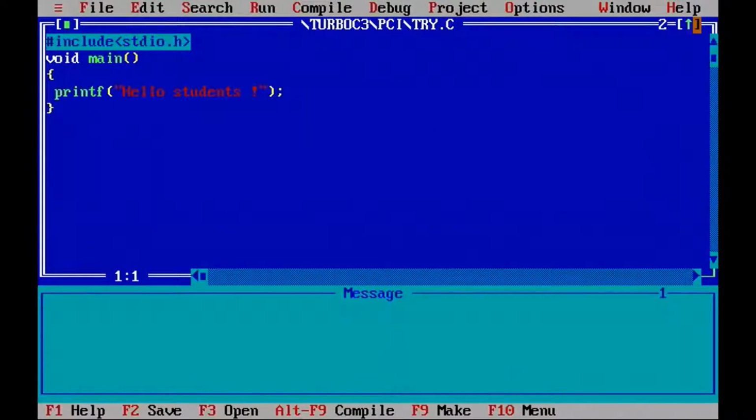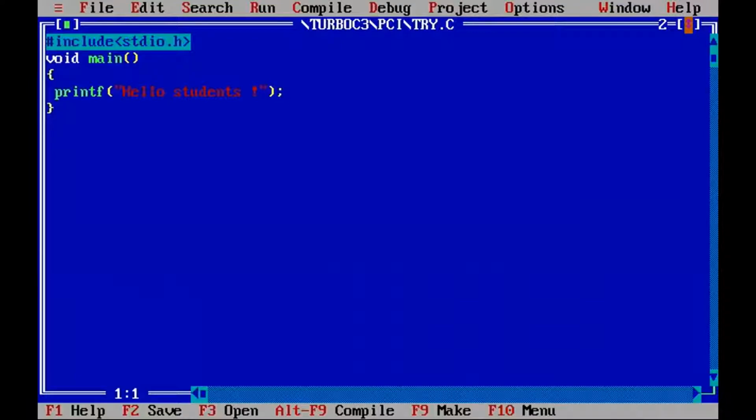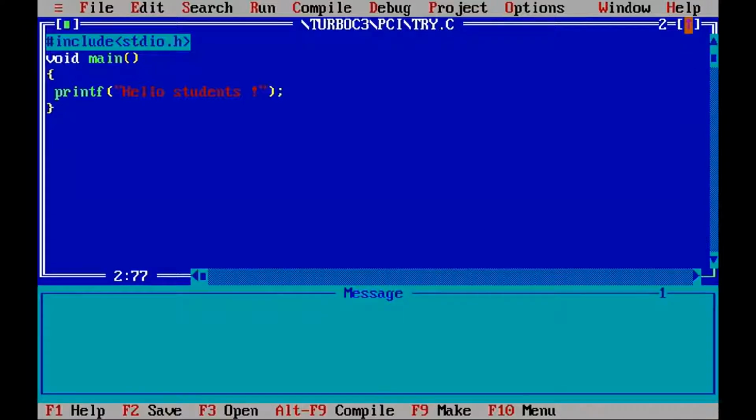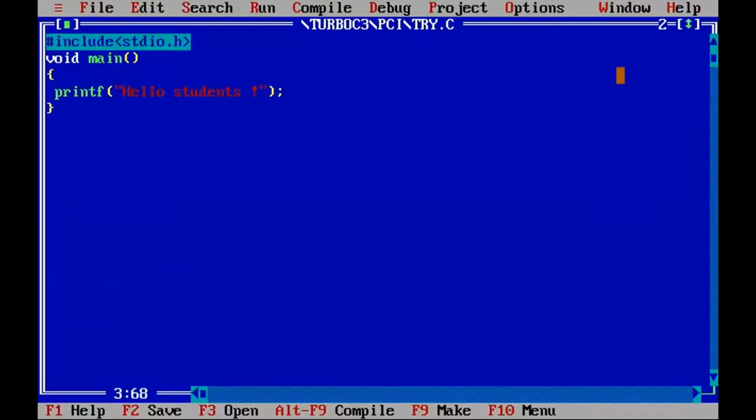So here is the arrow key. I will click on this, and now you can see the message window is gone, and now the full screen is available for your program. Now you can check the arrow heads. They are bidirectional now. Previously it was only an upside arrow. Now it is bidirectional, which means you can divide this screen again into two parts, that is the program window and the message window. So like this, you can toggle this message window on and off using this arrow key.